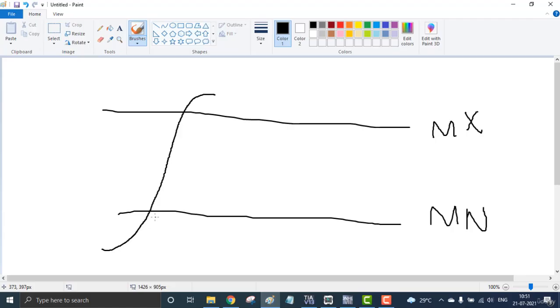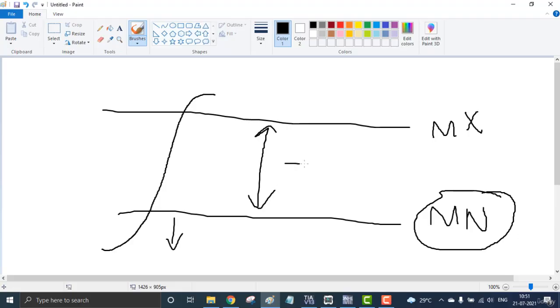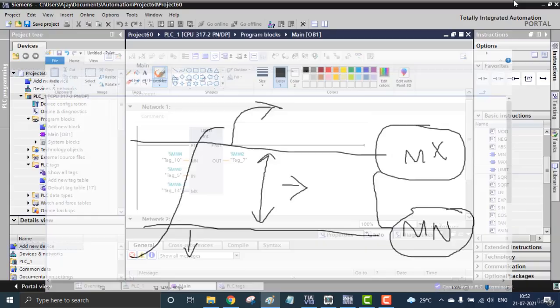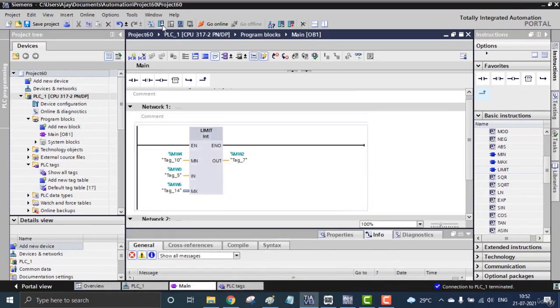If the input is below minimum, we will get the minimum value at the output. If it is between the maximum and the minimum, we will get the exact value. If it is above the maximum, we will only get the maximum. That means the output is limited between the maximum and minimum, whatever the value is. That is a limit block. So let's see.